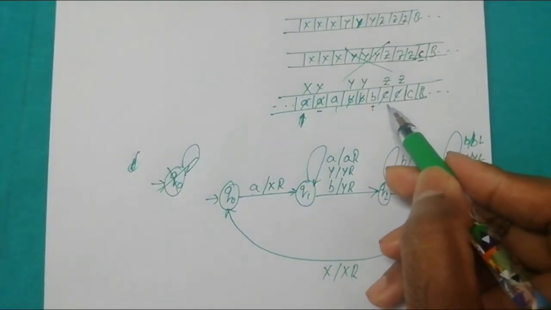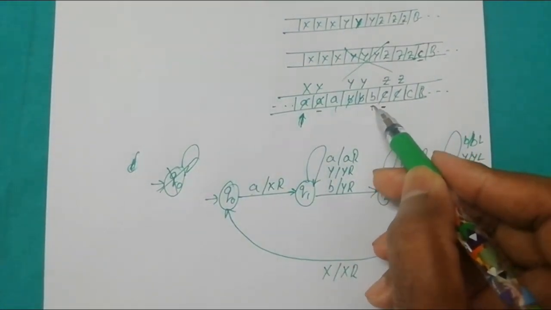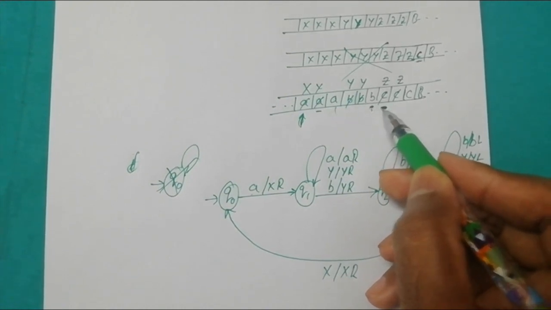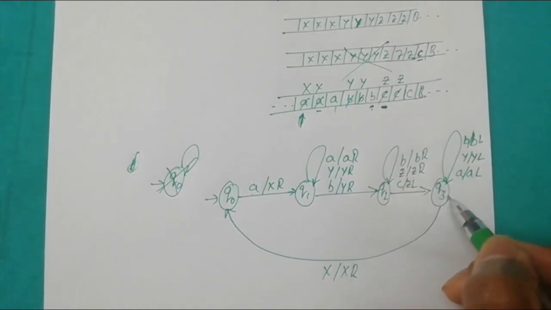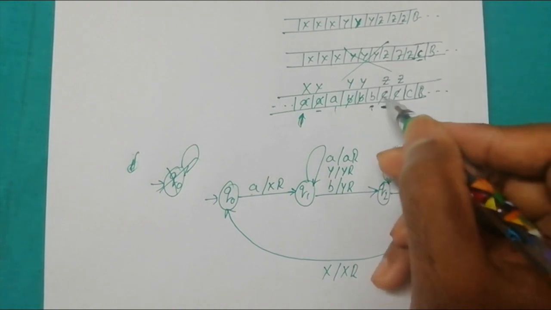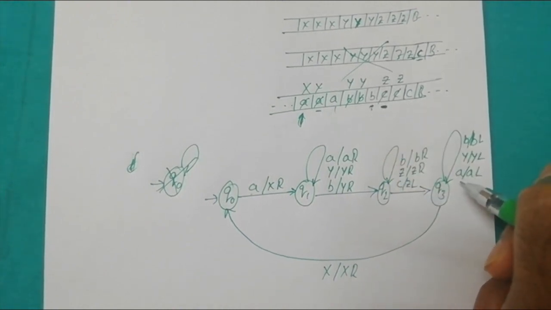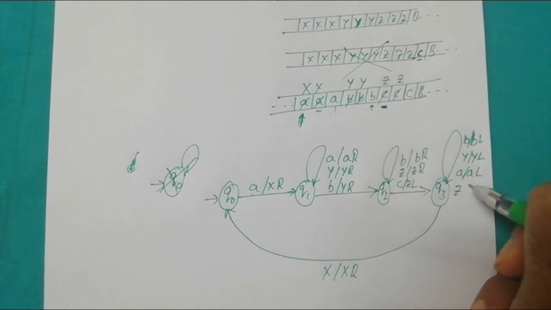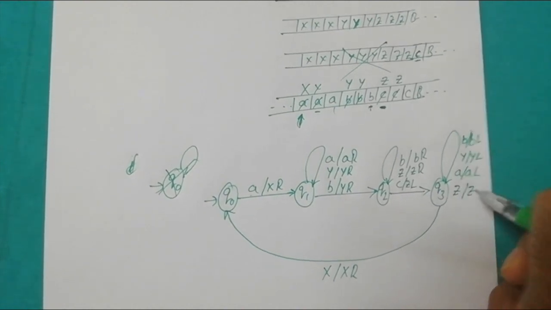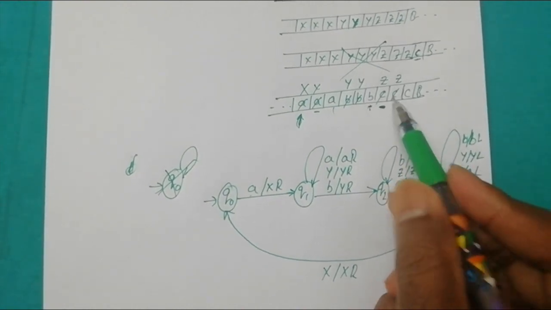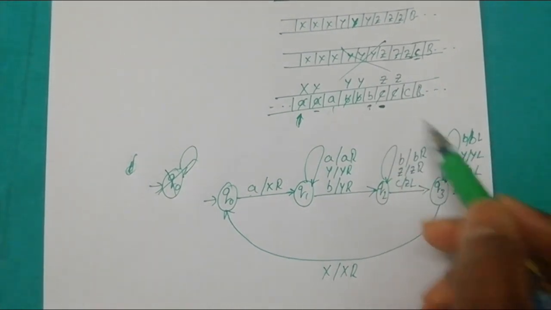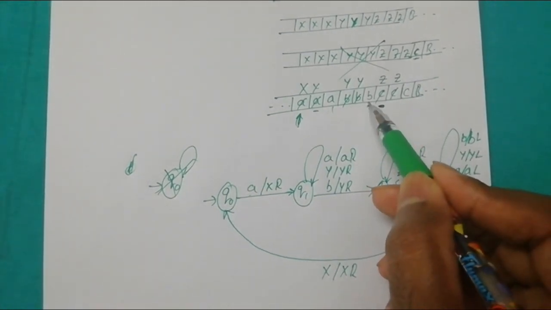That means currently the read write head is positioned here. We are in the state Q3. Q3 will come across Z. Actually this Z is not there in the previous iteration, so we add a new transition for Z. Just keep on skipping and move to the left direction. Next, Q3 will come across B.